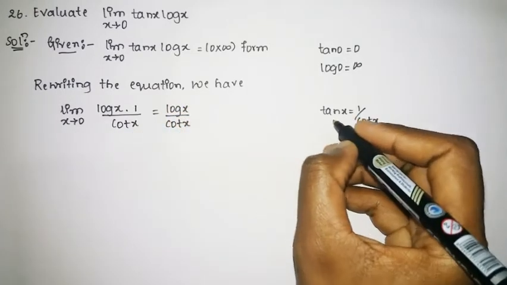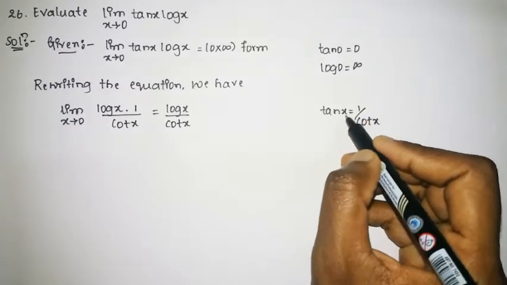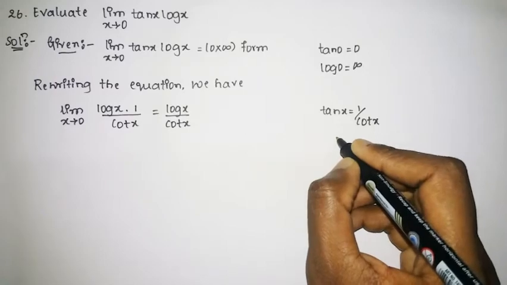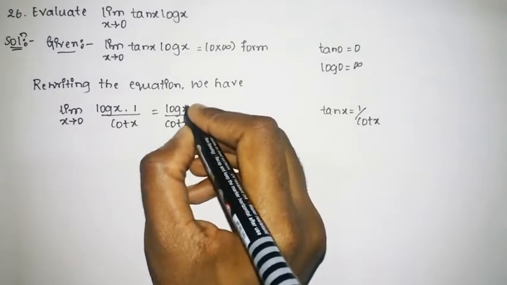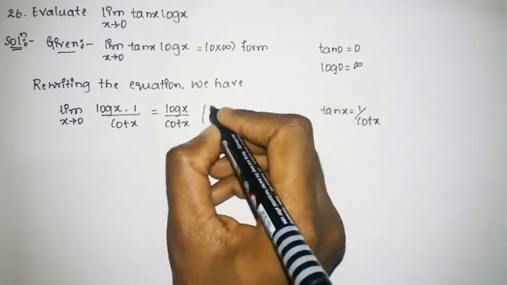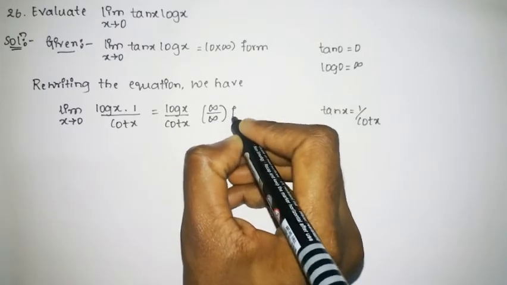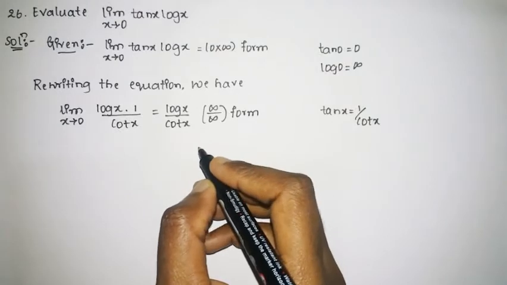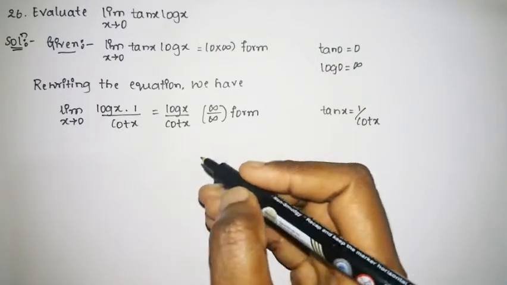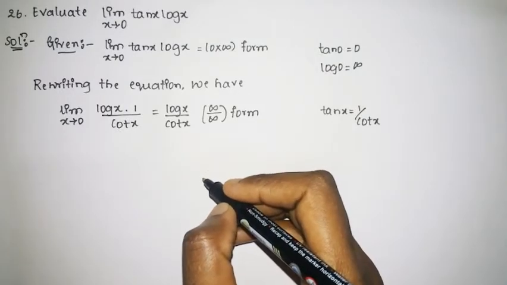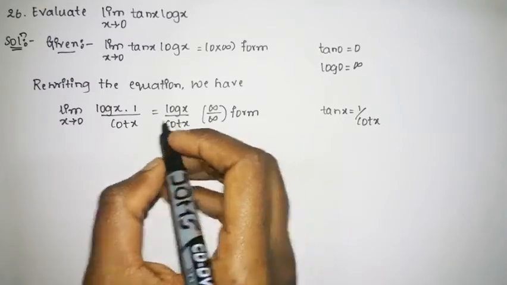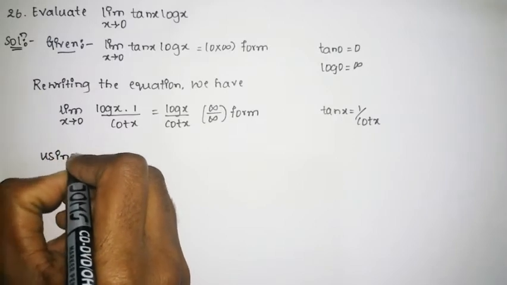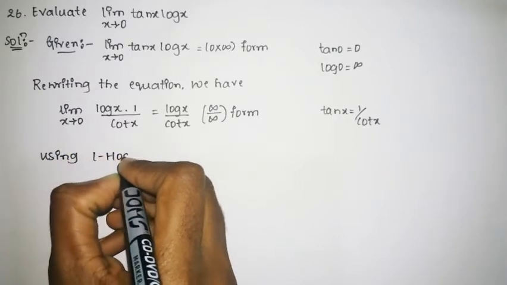So now you can check. So tan 0 is nothing but 0, but 1 divided by 0 is nothing but infinity. Therefore log 0 is nothing but infinity, so this will be infinity by infinity form. So if it is of infinity by infinity form, we cannot apply the limit and we cannot apply the constant value. So our next step is to convert it into a 0 by 0 form. So then now we shall apply the L'Hospital's rule. So using L'Hospital's rule,